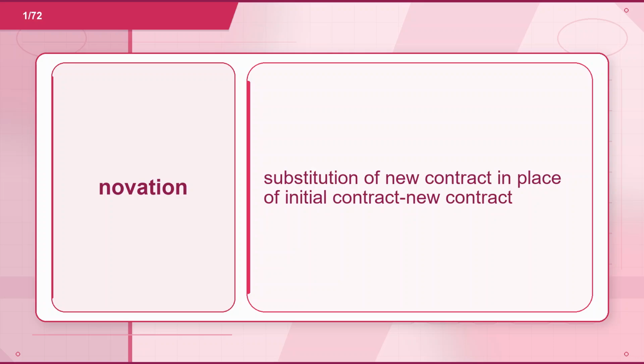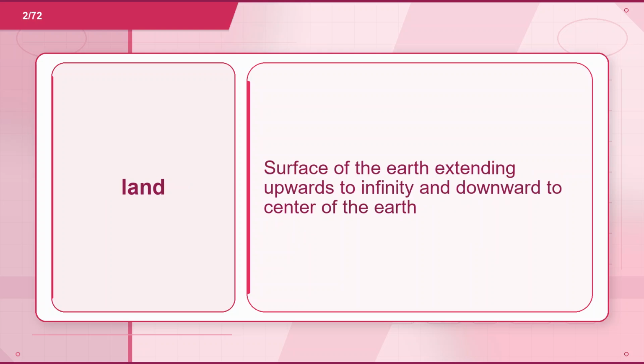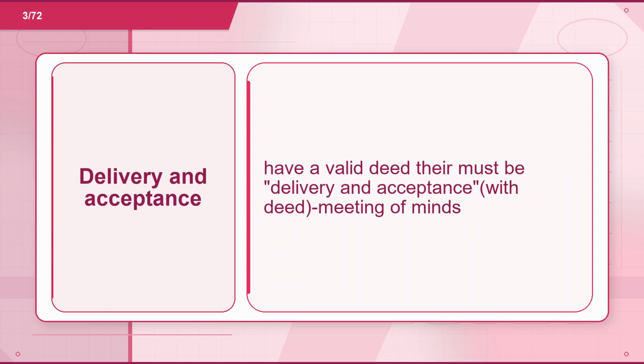Flashcard 1. Term: novation. Definition: substitution of a new contract in place of the initial contract. Flashcard 2. Term: land. Definition: surface of the earth extending upwards to infinity and downward to the center of the earth. Flashcard 3. Term: delivery and acceptance. Definition: to have a valid deed there must be delivery and acceptance, with the deed, meeting